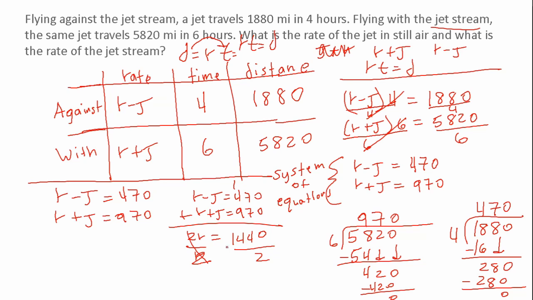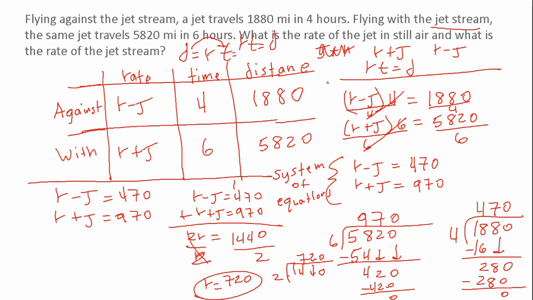This tells us r equals 1440 divided by 2. Let's work that out. 1440 divided by 2. 2 goes into 14 7 times. 2 goes into 40 20 times. So what this tells us is the rate of the jet in still air. So to answer the first part of this question, the rate of the jet in still air would be 720